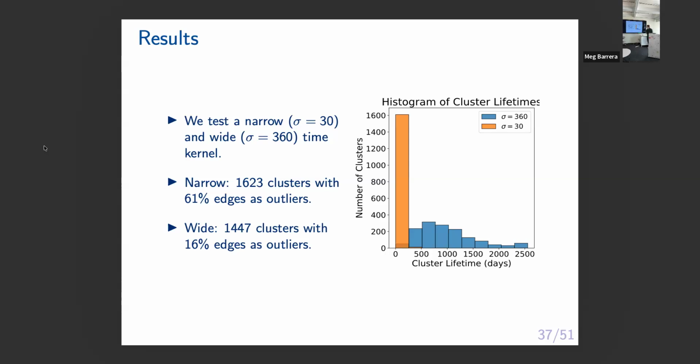So, very different behavior in how long these clusters are. Maybe you want to look for instances where somebody published a whole ton of papers on one day. Then you can set your window very narrow. Maybe you want to see long, persistent collaborations, and you can set it a little bit wider. So there's some flexibility here.